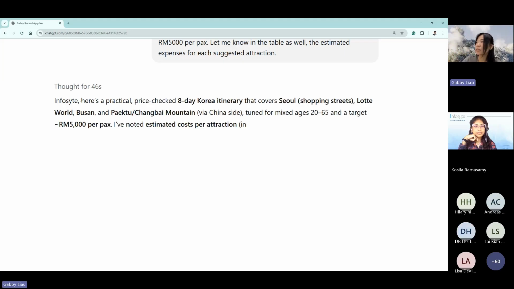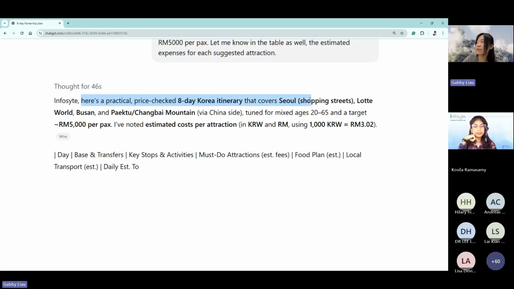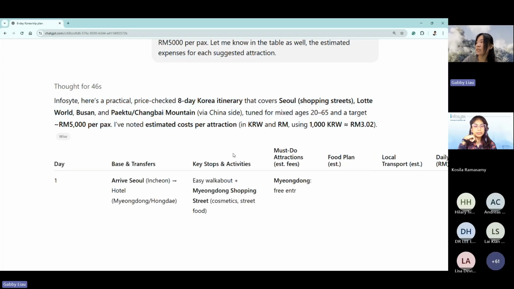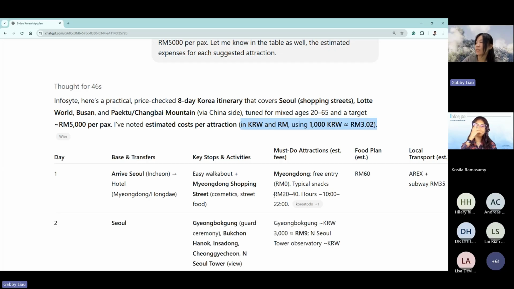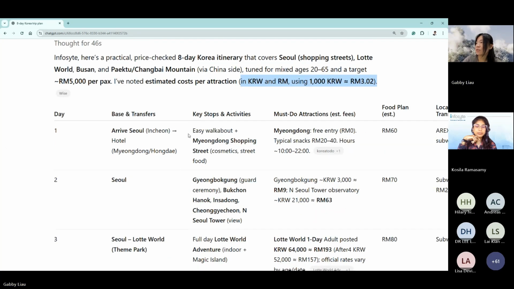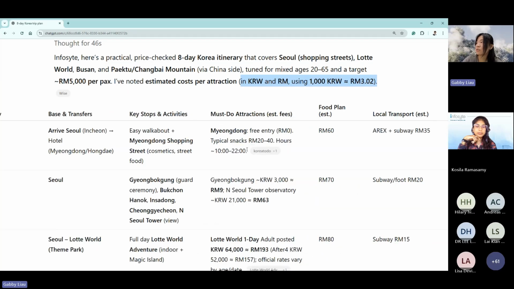Okay, so here's a practical, price-checked 8-day Korea itinerary. They even give you the conversion rate as well. See? Day 1, arrive, easy walkabout. Must-do attraction, free entry. Here you see, they even tell you the expenses as well, because just now we mentioned it in the detail, right?